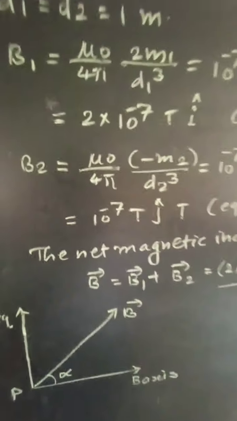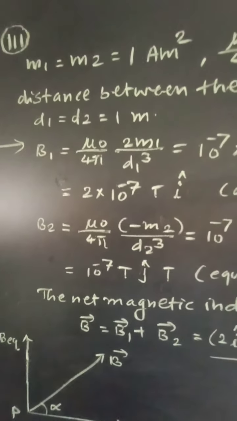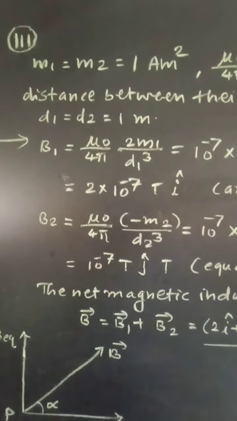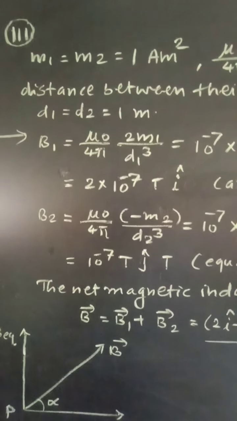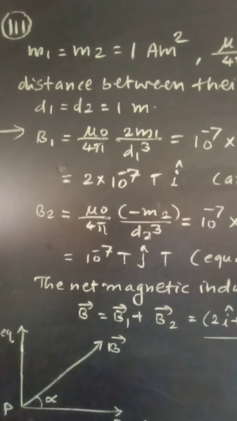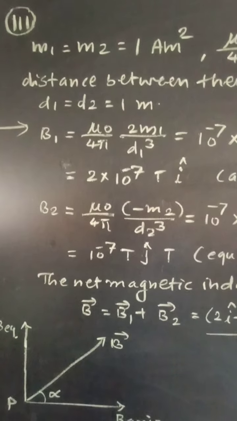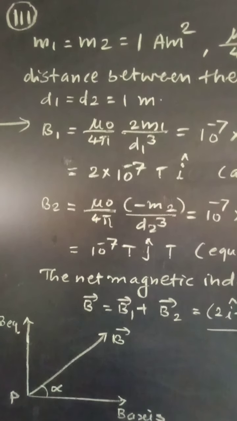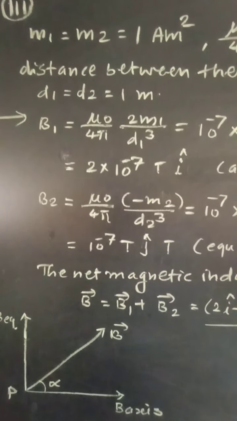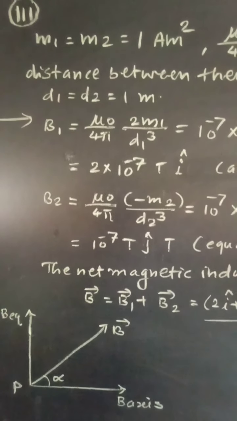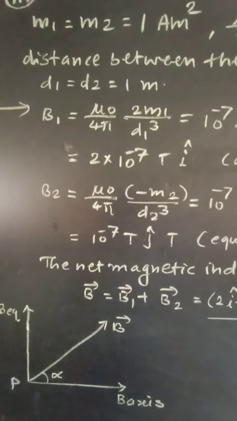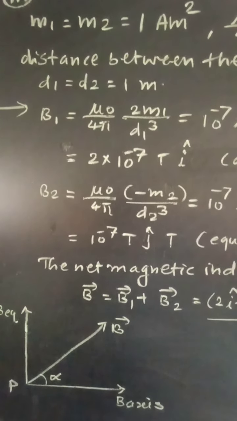Now let us go for numerical number 3, which is stated as: two small and similar bar magnets have magnetic dipole moment of 0.1 ampere meter square each. They are kept in a plane in such a way that their axes are perpendicular to each other. A line drawn through the axis of the magnet passes through the center of the other magnet. If the distance between their centers is 2 meters, find the magnitude of magnetic field at the midpoint of the